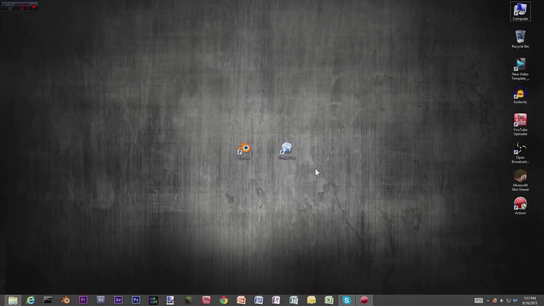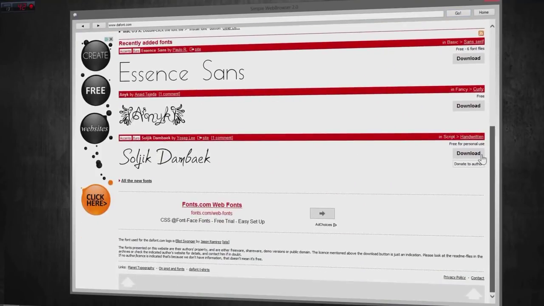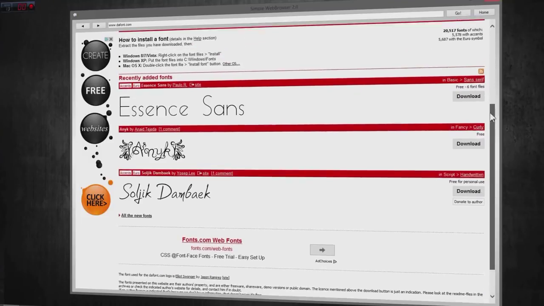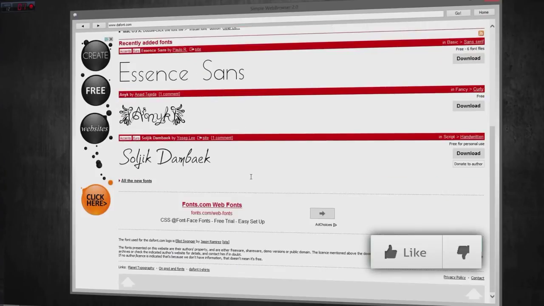Alright guys, so the first thing you're going to want to do is open up your web browser and type in the URL box www.dafont.com. Now dafont.com is a wonderful place for you to find fonts for any of your needs really. But we're going to be using it for the main font of our logo. So pretty much look around here and find whatever you want your font to look like for your logo. Now, one thing you want to keep in mind is